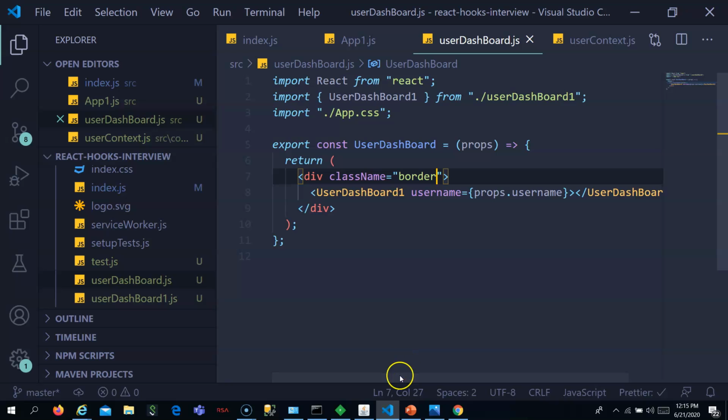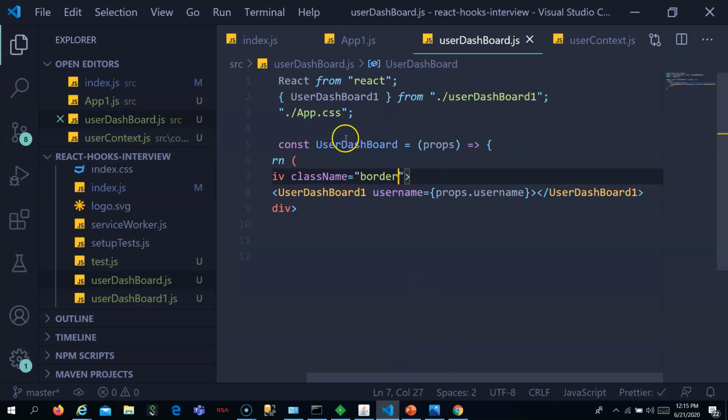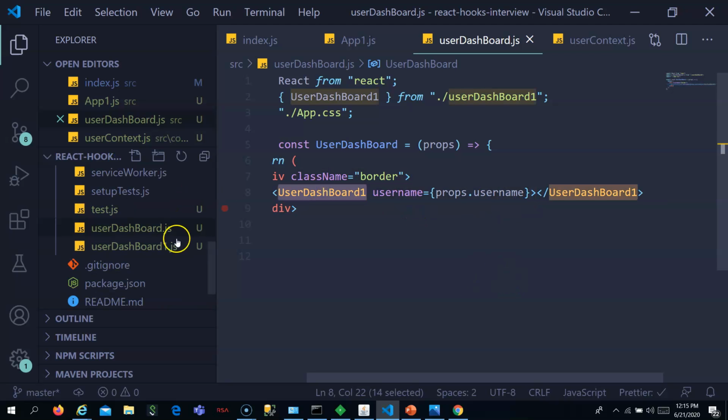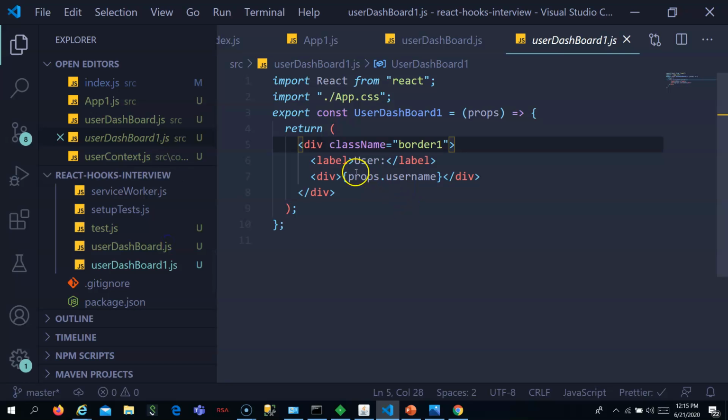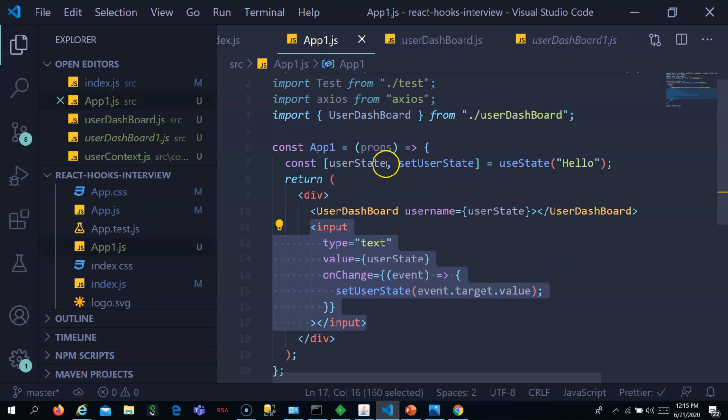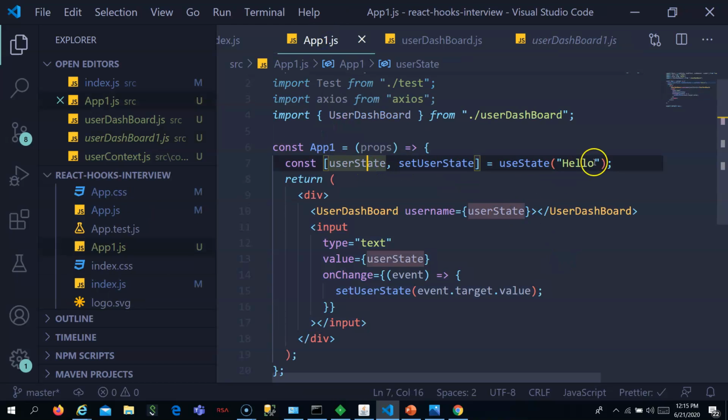And from the user dashboard, again through props, I am passing the data to user dashboard 1, and user dashboard 1 displays this user state which I have created through use state.